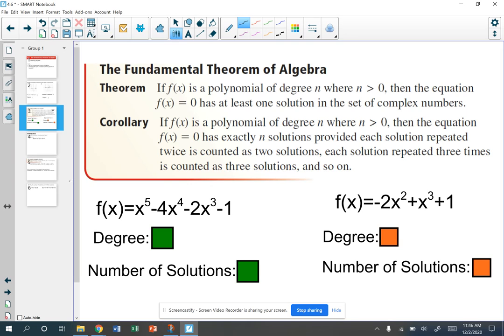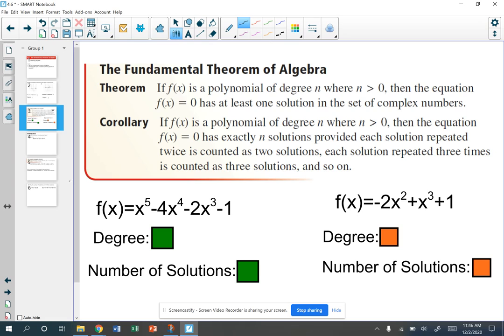We drilled home that quadratics have 2 answers, and we know that the highest degree, or whatever the degree is, is the number of solutions. And so we're just going to put a name to that, and that's called the fundamental theorem of algebra. So this is all just saying that a polynomial of any degree has that number of solutions. So if we take a look at these two examples here,